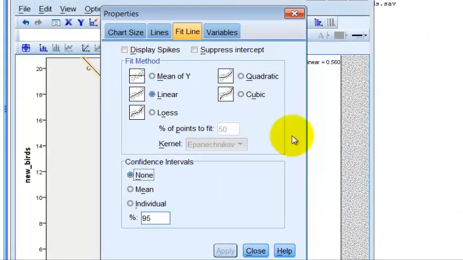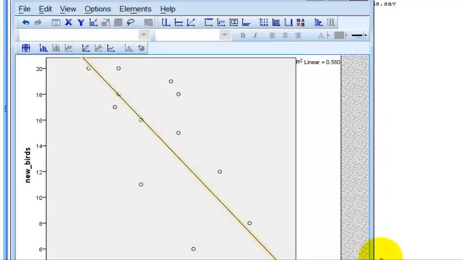And then you get this. So basically, we're always just putting in a linear. It's the only thing we really need in there. Close. And then we get the R squared,